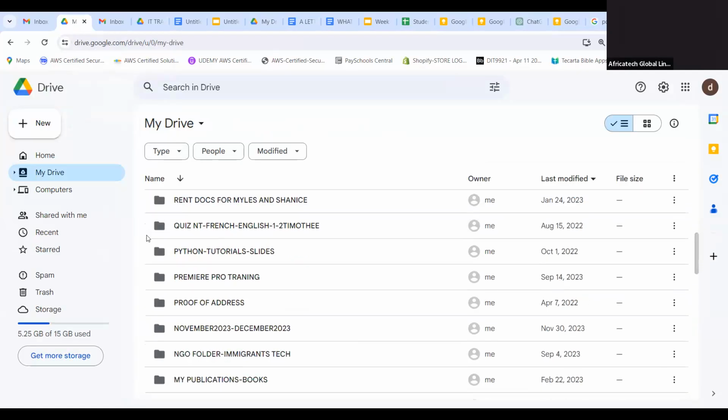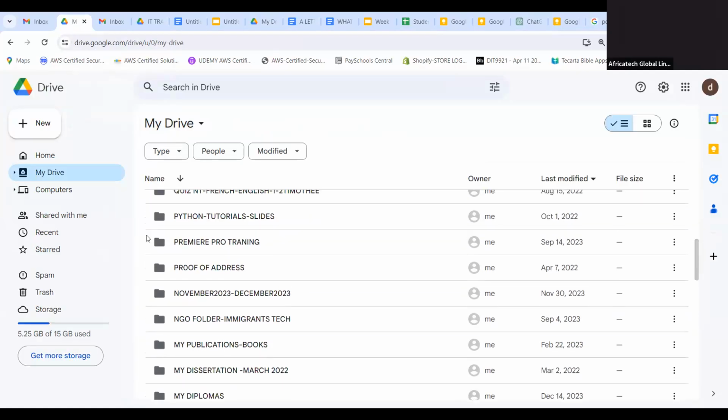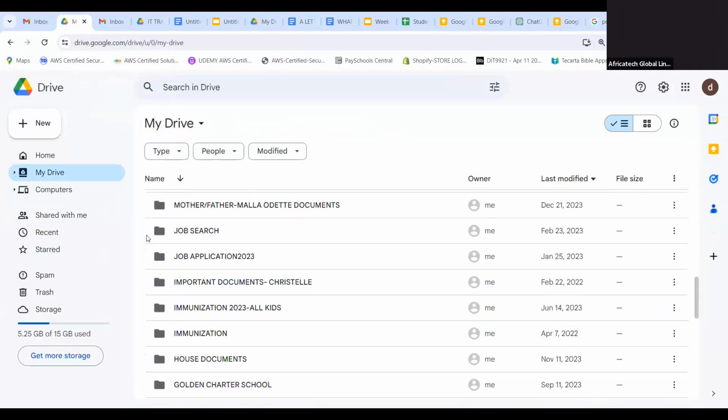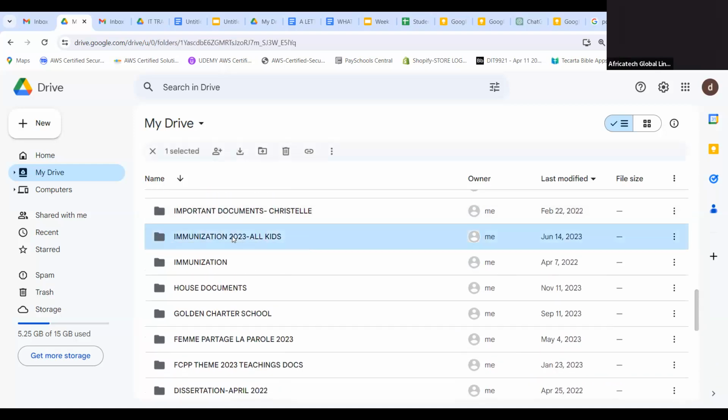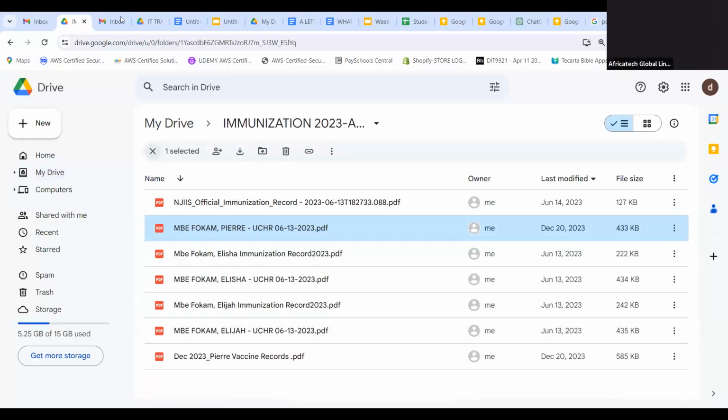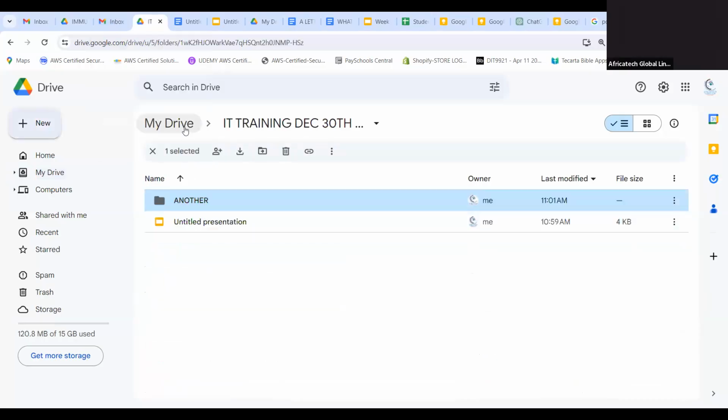And it's easy for me to know if I'm going somewhere, or if someone is looking for something, I know I have to go here. Just in my case, I have everything there, right? You put your stuff and organize it, and it will be easy for you to manage yourself. So you don't have to carry documents everywhere. Sometimes now they give emails. Even on your phone, I will show you that you can download Google Drive. If you are logged in with the same email, you'll be able to see everything.